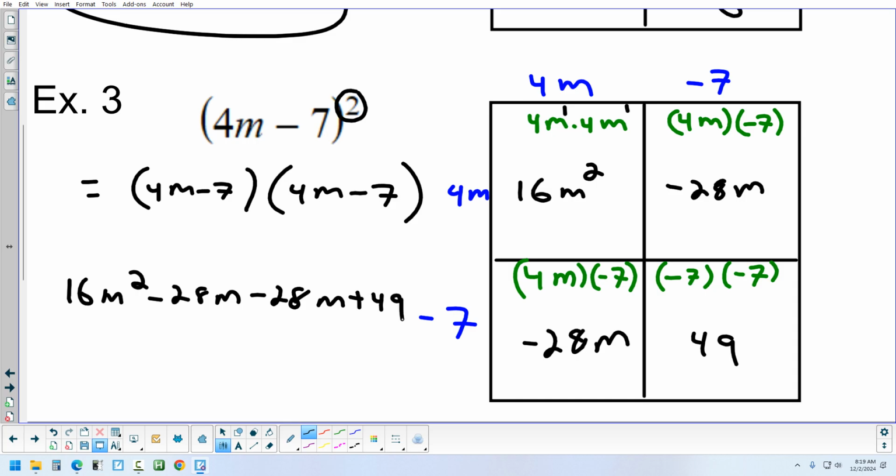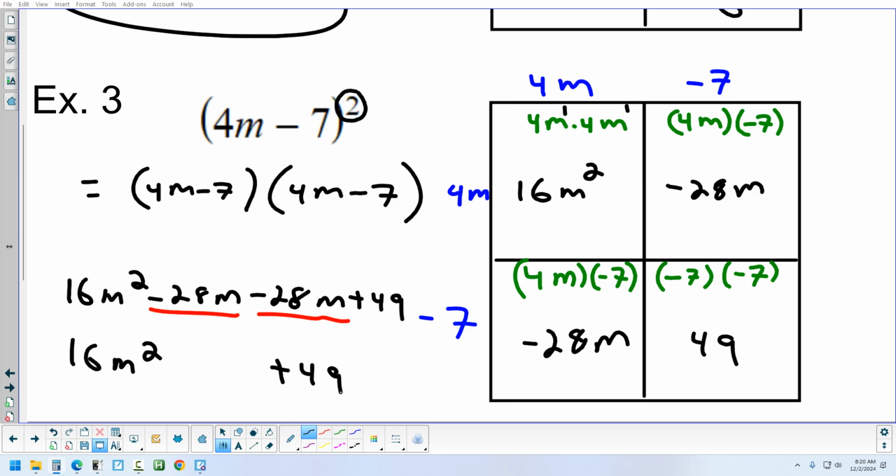All right. There are two terms there that we can combine together. Anybody tell me which two we can combine? Yep. And which other one? Negative 28m. Yeah, those can be combined together. So the 16m squared, nothing you can do with that. The plus 49. Okay, nothing you can do with that. We have negative 28, and then we need to minus 28. Right, so